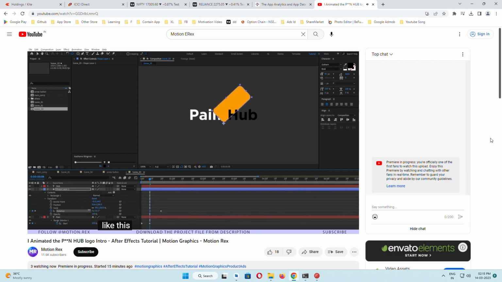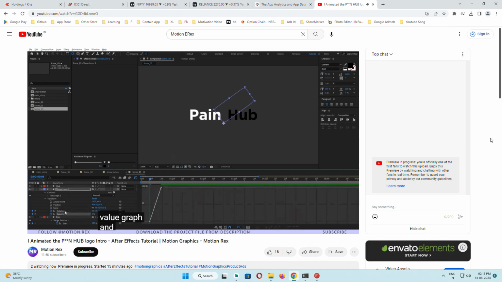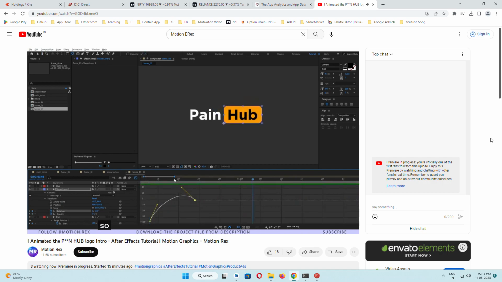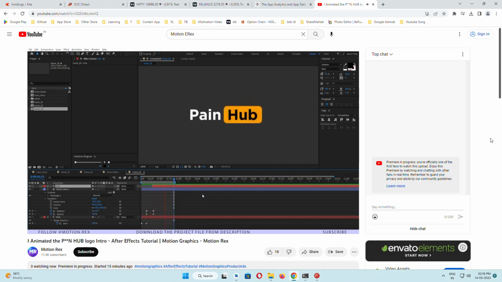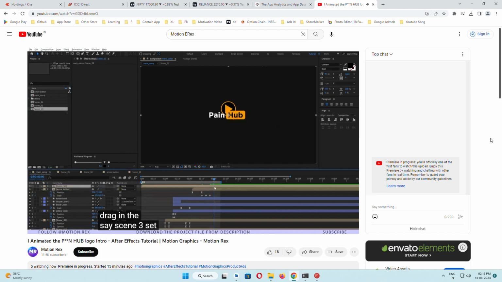Now for the text animation, I'm going to use the typewriter effect. Press U and drag this keyframe over here, so it will animate like this. And after that, select the shape layer, select the pan behind tool, drag the keyframe around this corner and press Alt Shift R. Again, set a keyframe, drag this keyframe 10 frames forward. Now change the rotation to something like this. Okay, and set a keyframe on the opacity as well,